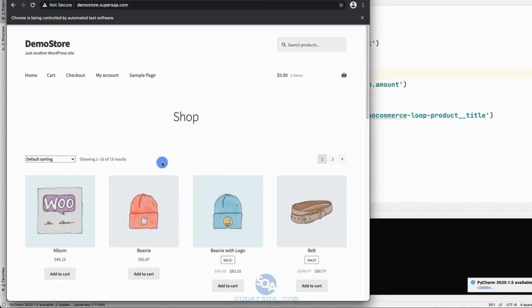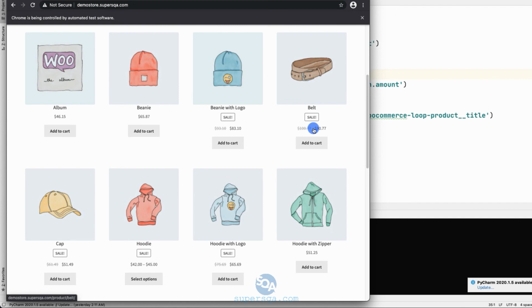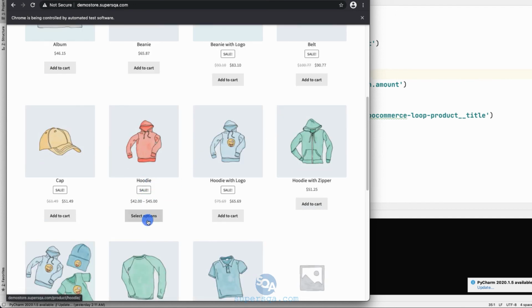If we look at some of the products, all of those have prices. Even the sale ones have prices. But some of them have varieties, right? It's a select option. There is a range of price, so we won't be able to find that. Okay, so if you're doing this as a business, it's important to you. So you have to add logic that says, if this is a range, then get the prices,